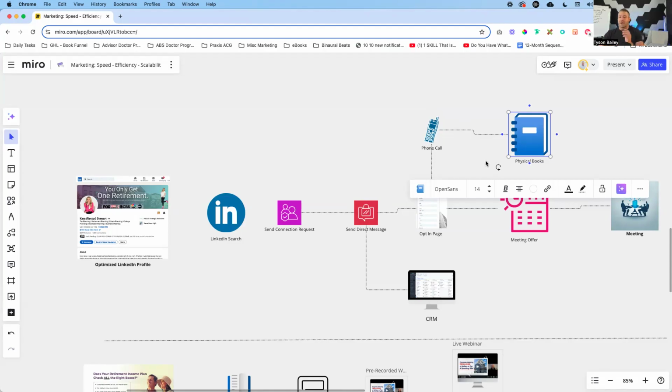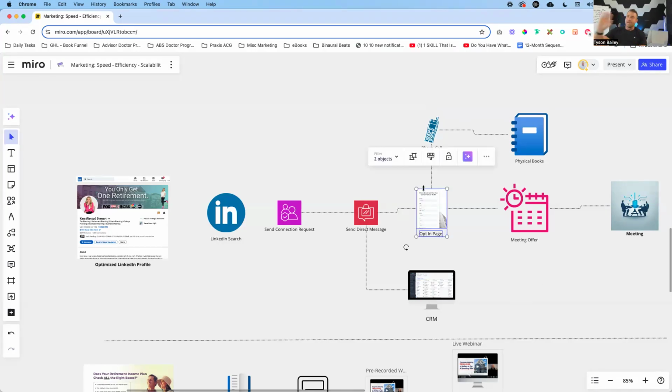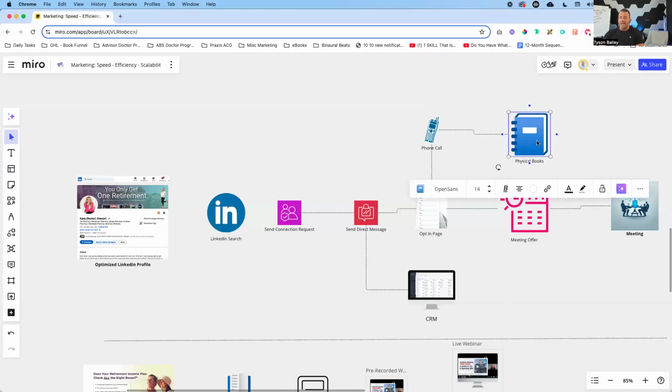There's no secrets. This is what I love so much more about that intro call that you have on LinkedIn, or that intro Trojan horse message, is when somebody goes through and they get that message and you offer this book, it's abundantly clear what you do. So every time they look at that book, they're going to be thinking about you. And when they have that triggering moment in their life where they're like, hey, I've got to take action, I've got to do something, there's a higher chance that they're coming back to you than if you had just talked to that person one time and then left them out to dry, right? So we're going to send out that book offer.